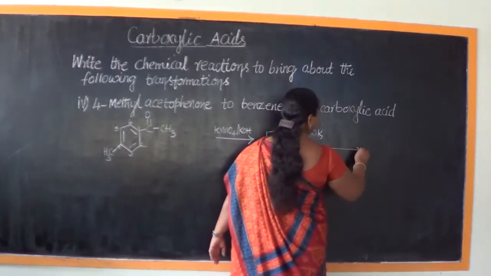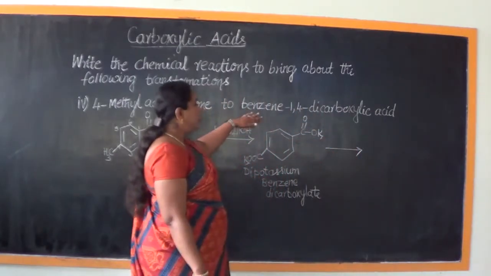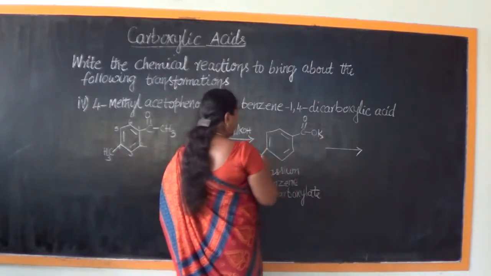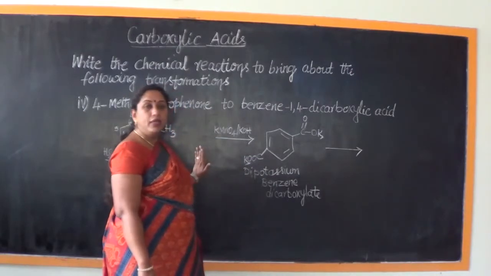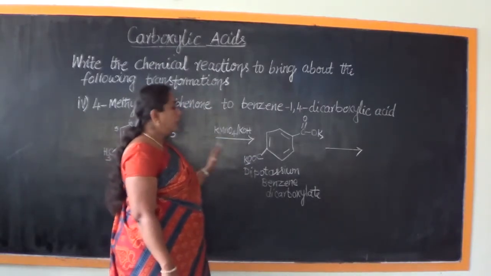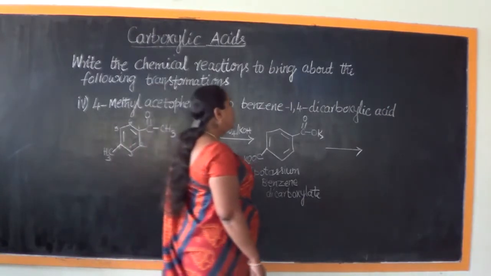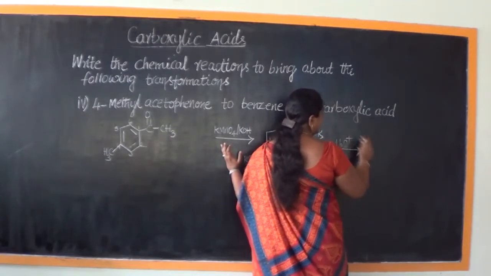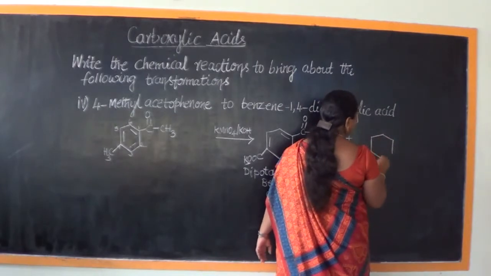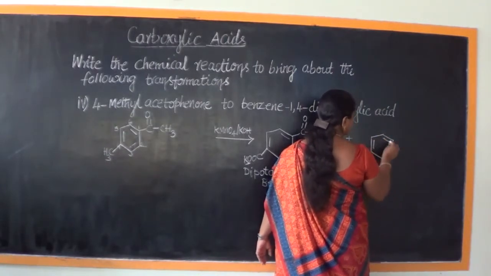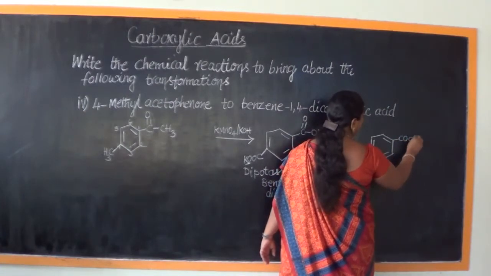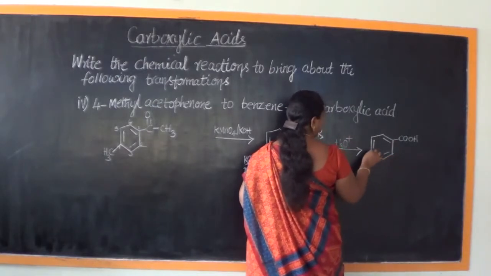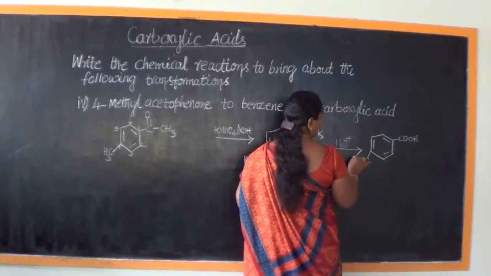From here, the method to obtain benzene 1,4 dicarboxylic acid is very simple. We just need to remove this potassium and in that place we need to have H. So we carry out the process of acid hydrolysis. Then what else do we have? The benzene ring remains intact. Then COOH, the K gets removed from here. Here also, in the fourth position, 1, 2, 3, 4, this will also be COOH.